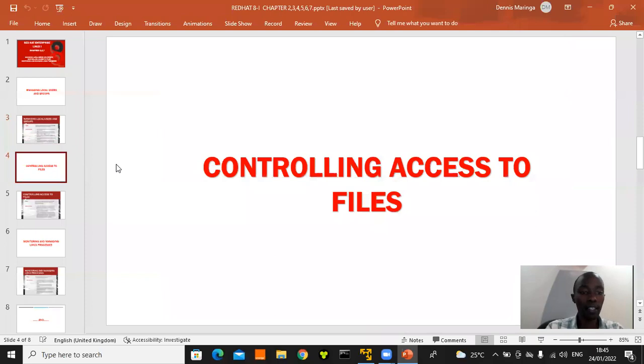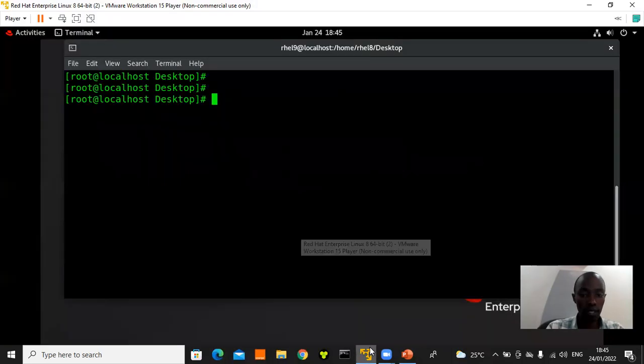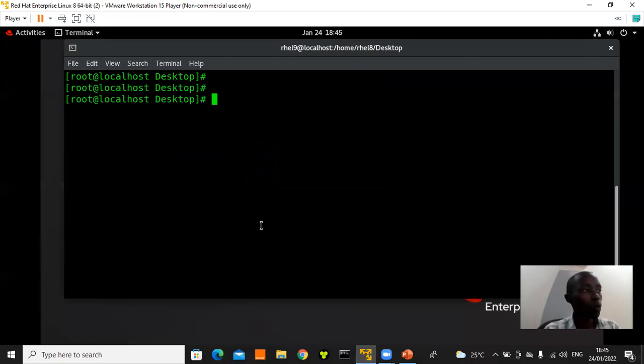Controlling access to files. Now, when it comes to controlling access to files, we have different ways on how we can convert. So when it comes to assigning passwords, let's say,